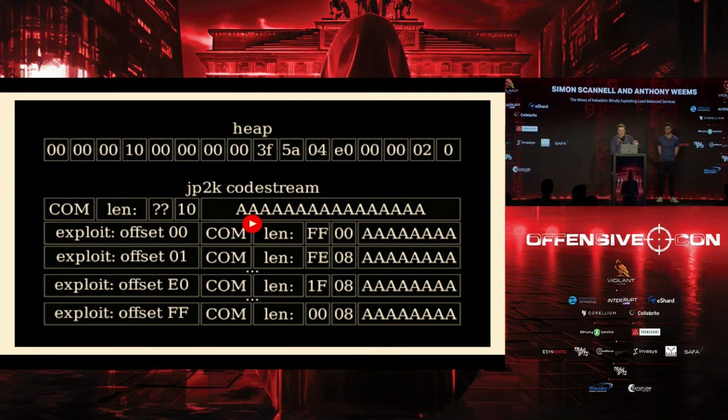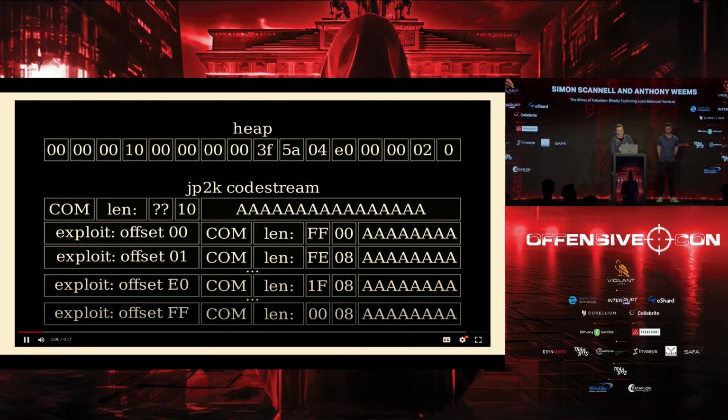instead of having 256 bytes for each leaked byte, we have 696 exploit payloads all encoded in the same image, and then we scan the heap 696 times, looking for one of the bytes in the V table of JX track source. Then as soon as we find that byte, we output the exploit payload and then get code execution.